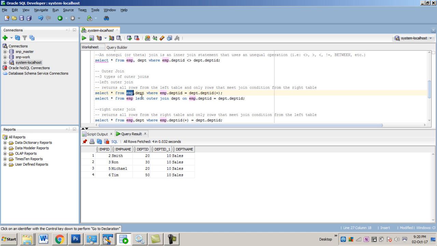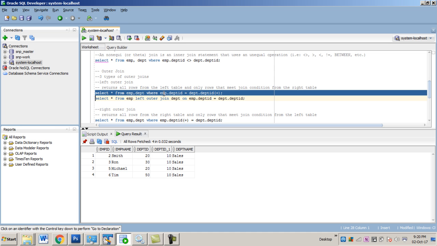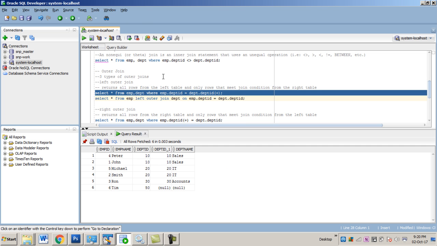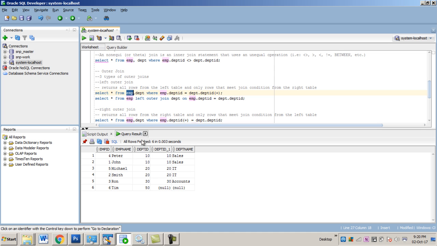So if we take employee as on the left side, then the left outer join will return all rows from the employee table and only rows from the department table that meet the join condition. And for the left outer join, I will put a plus sign on the opposite side of the left table. So this is an example of left outer join where the emp table is on the left side, and the results are,